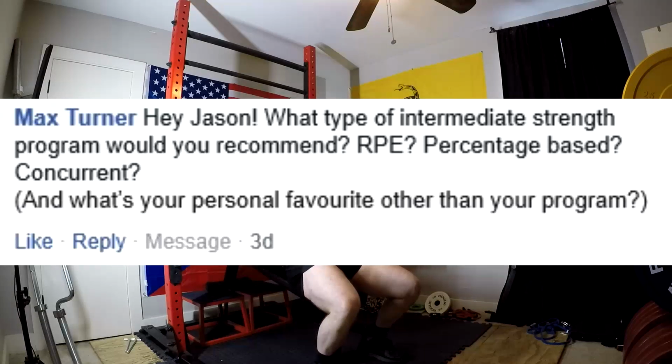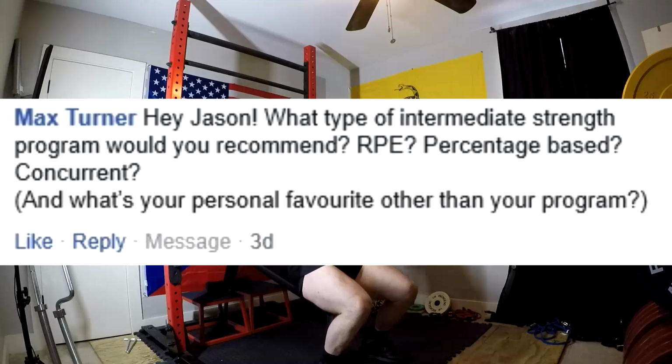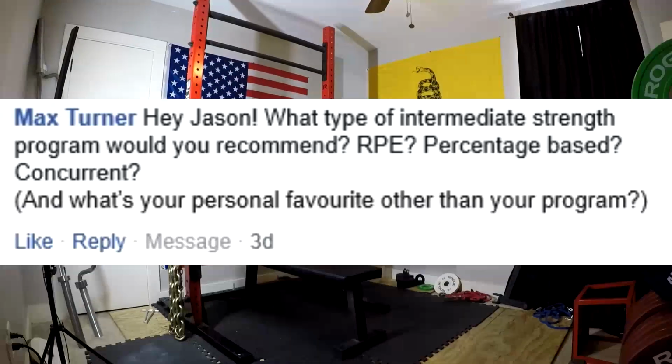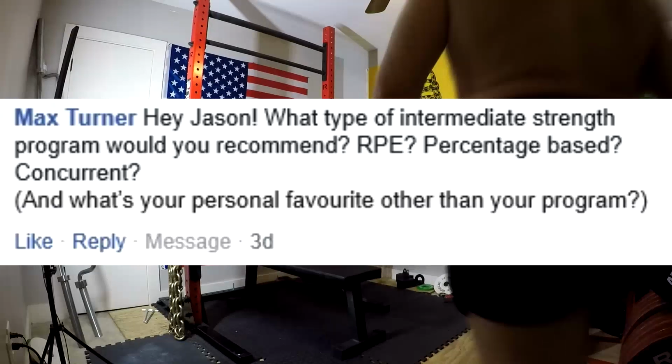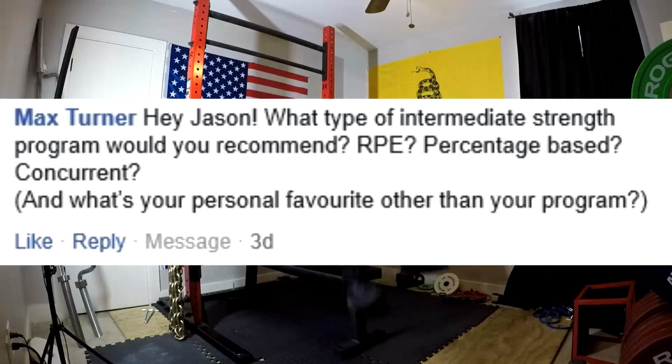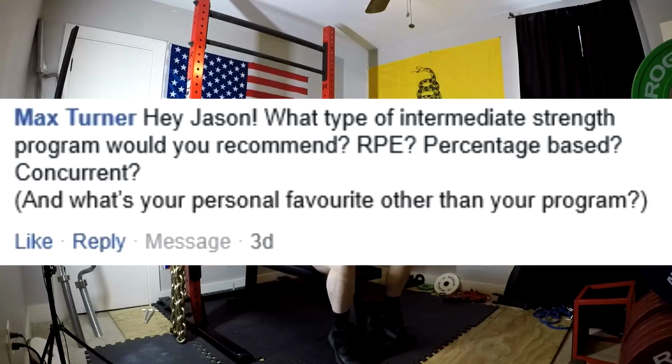That should be RPE versus percentage-based, and then concurrent versus linear or something else, right? You can run concurrent with RPE or percentage-based. Concurrent is how you periodize it, right? That's a form of periodization. RPE versus percentage-based is determining what weight to use. So, to answer the question,